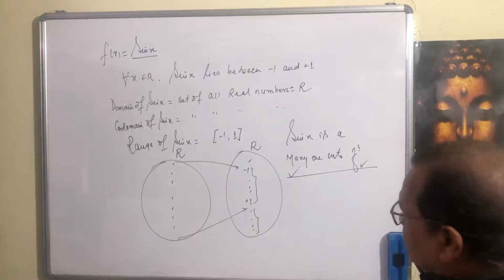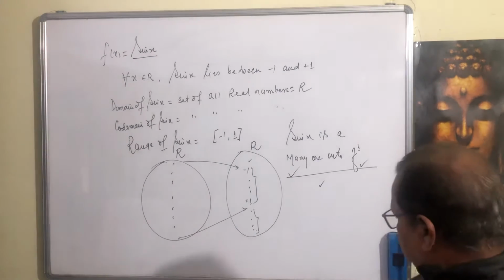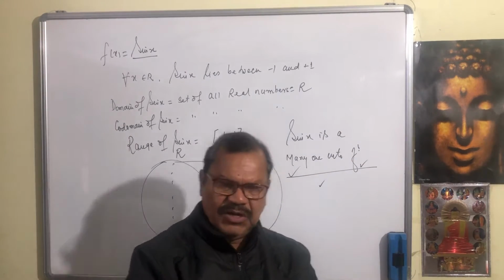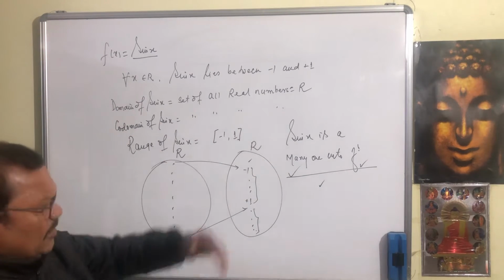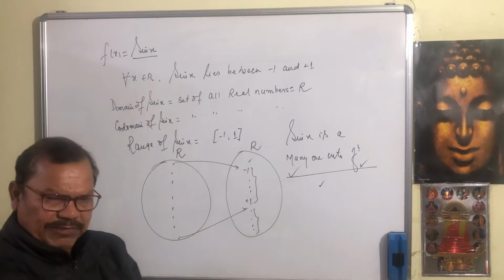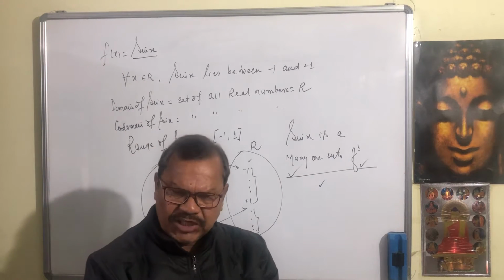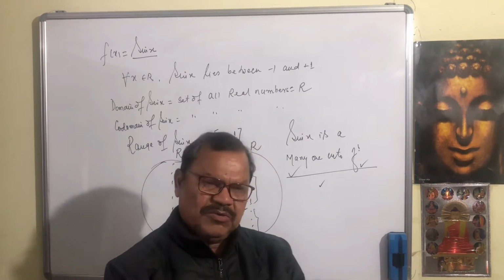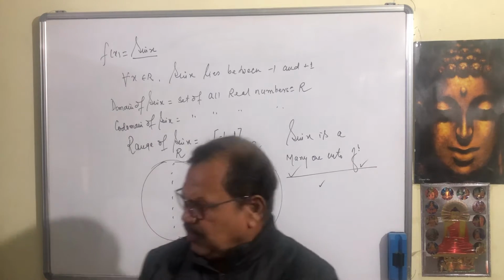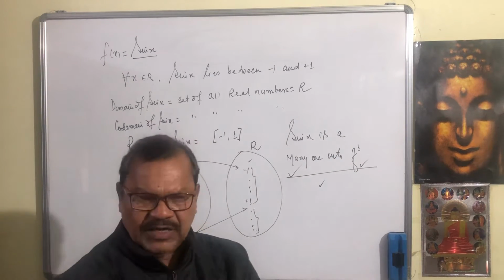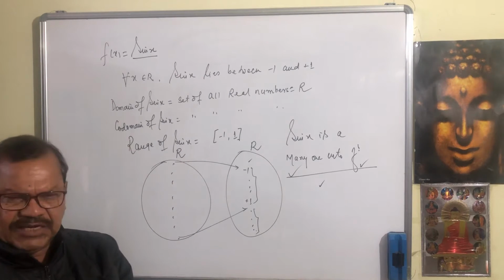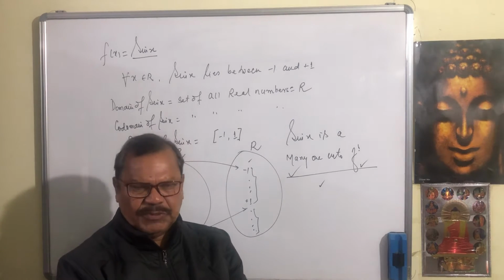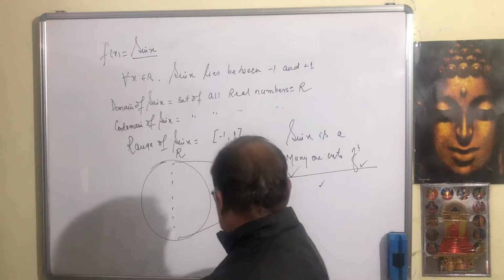Let us see, after sin x, cos x. Because first of all I would like to explain all of sin x, cos x, tan x, cosec x, sec x, cot x. After that we shall see the restrictions. Because I want to make this lesson very easy to understand, because this chapter has great use in calculus. So let us think it through properly, how we get the inverse of sin x, cos x, tan x, cosec x, sec x, cot x, that is, all 6 trigonometric ratios. Yes, let us see now the cos x.